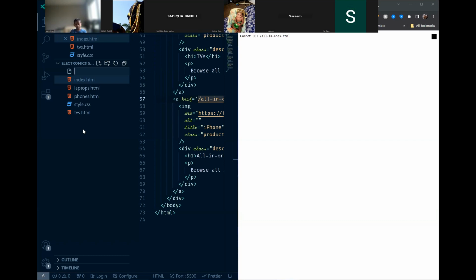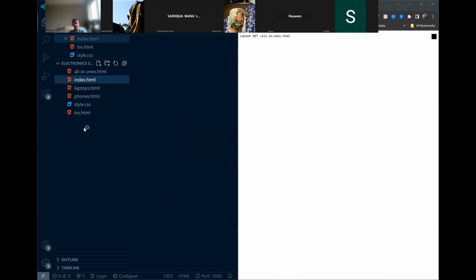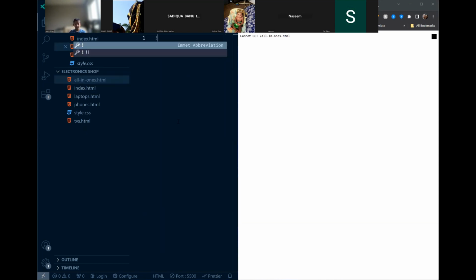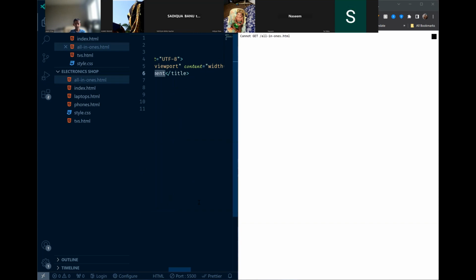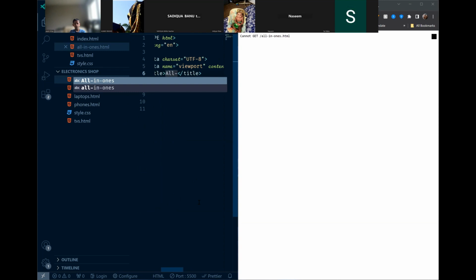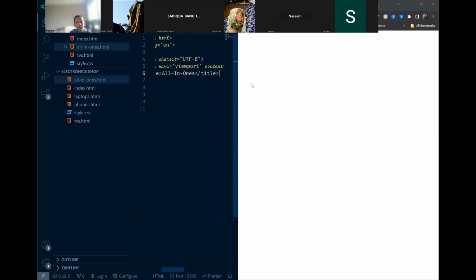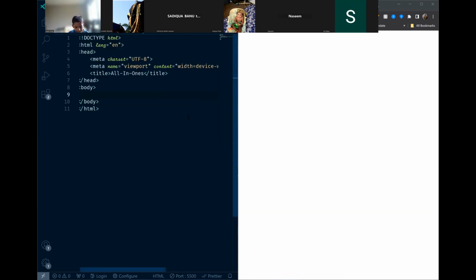But everything is correct. तो अपने को क्या करना है, खाली all dash in dash ones dot html, and then उसके बाद exclamation point, click, and then document की जगह all dash in dash ones, refresh. Shift Alt Tab,